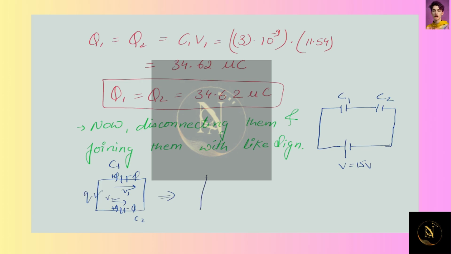So later it will become like two capacitors here and here. So this is C1, upper one, and lower one is C2. Potential difference here is V dash, and here also potential difference is V dash. Here let's say this is plus Q and here minus Q. But now as the charges are different, so let's say this is plus Q1 and minus Q1, and here it is plus Q2 and minus Q2.